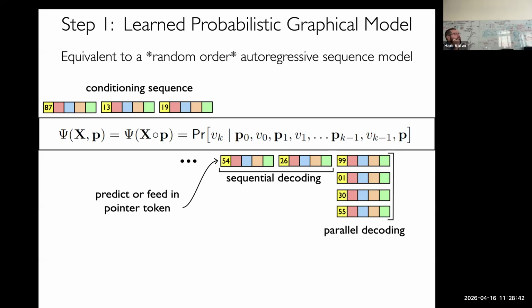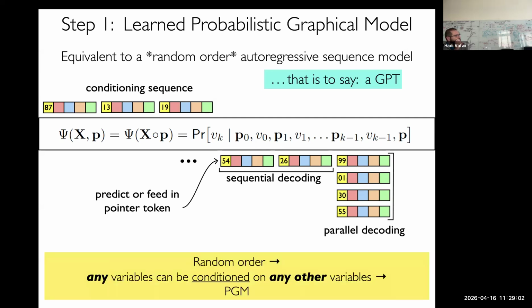And so it turns out you can take the PGM problem and reformulate it as a causal mask sequence problem, that is to say, a GPT. Then all of a sudden, these incredibly powerful scaling tools and actually scalable architectures apply. This is a deep but very simple insight: you can learn a PGM by formulating it in this way. So this is formally a transformer, like psi, but it is not a vision transformer. It's a GPT, which is quite a different architecture, but it can apply back to the vision problem in this way. Okay, I think there was a question and I want to answer that before I go forward.